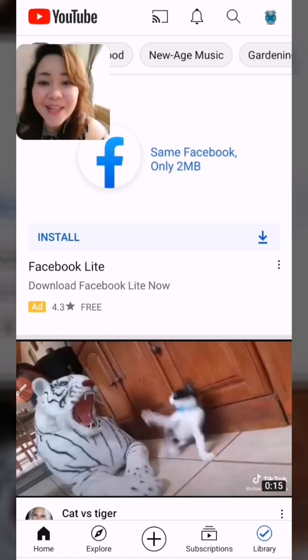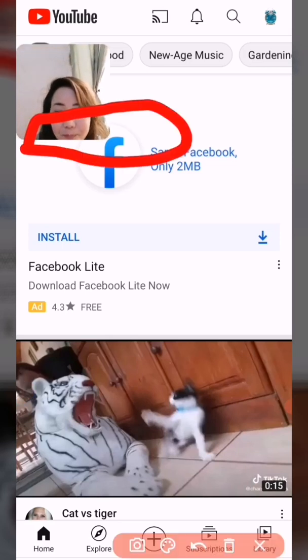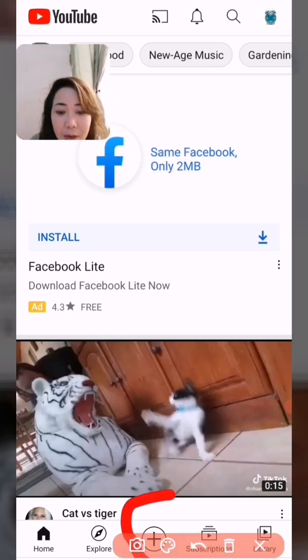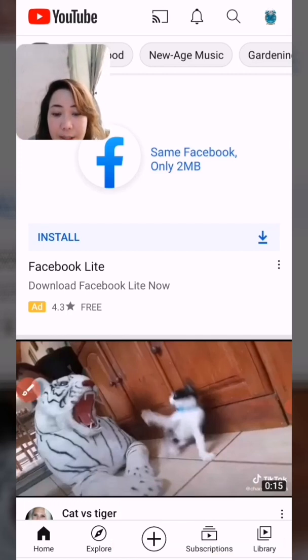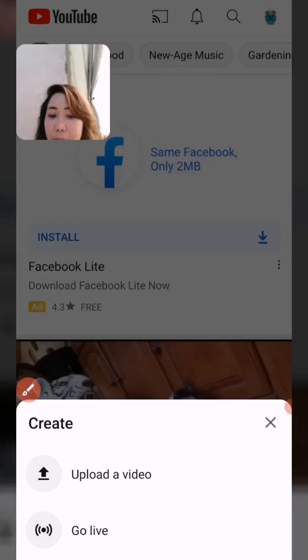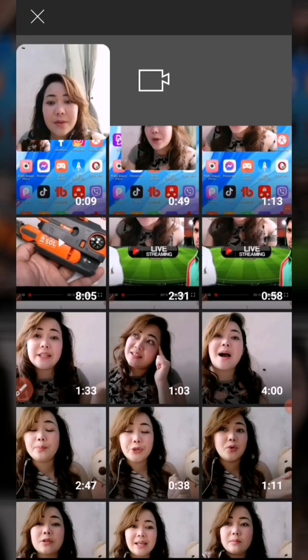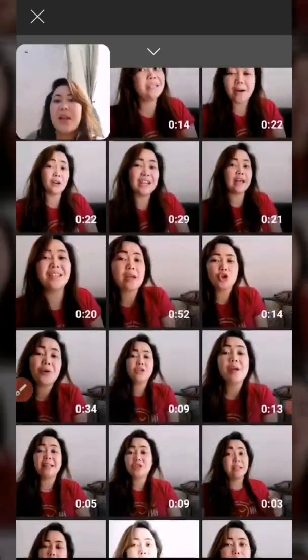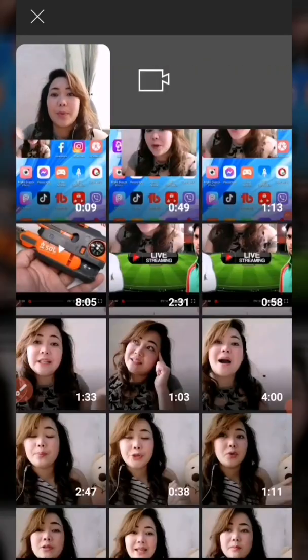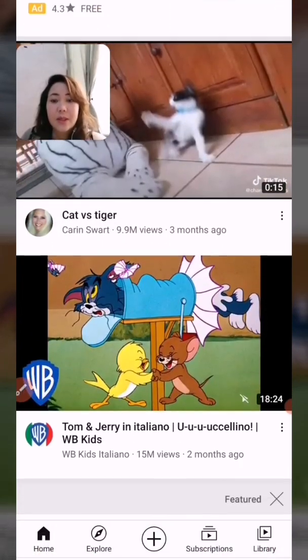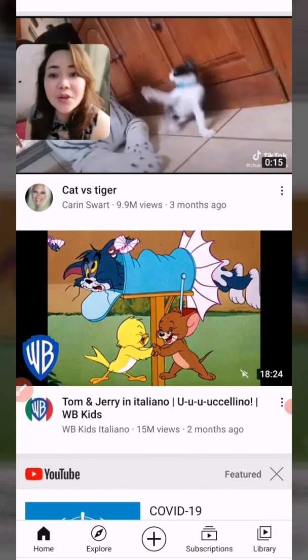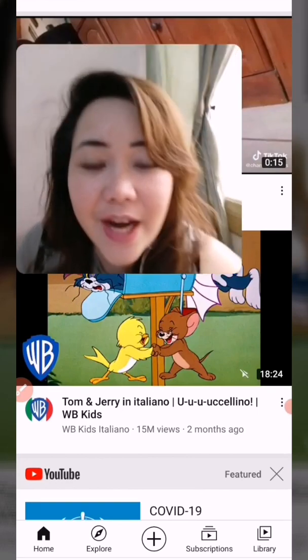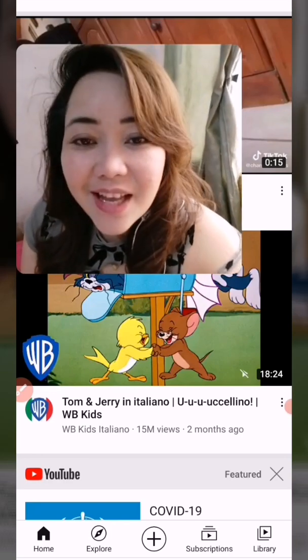You become a YouTuber now. So here, in the plus sign downstairs, you can click here and then upload videos. So you can upload videos here. For example, we need to upload videos. You can choose what videos you want to upload, but later on I choose which videos I want to upload, and that's it. Very easy and very simple on how you can create your Gmail account, and how you will